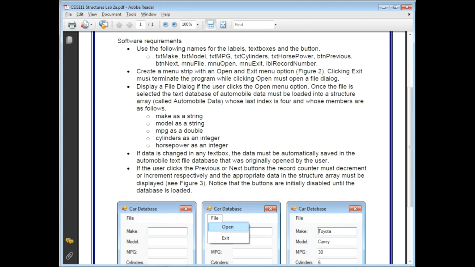We're going to create a menu strip with an open and exit menu option. So that's what we're referring to here in the second figure. When you click exit, it should terminate the program. When you click open, it should open up a file dialog that allows the user to select an automobile database. We're going to display a file dialog, and then when the user clicks the open menu option, once the file is selected,